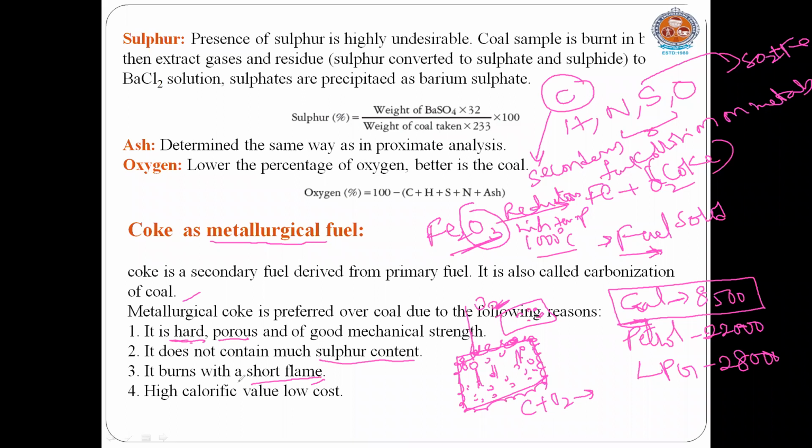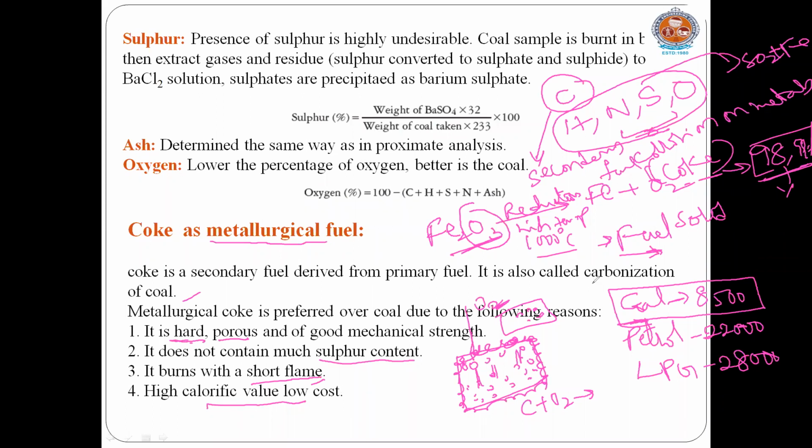And also it has high calorific value. Why? Because we reduce all these substances. In the coal sample, the fuel sample, the coke should have the highest amount of carbon percentage, like 98-99% carbon content. Remaining other constituents are removed. So the highest percentage of carbon content gives high calorific value, and also it has low cost, because here we